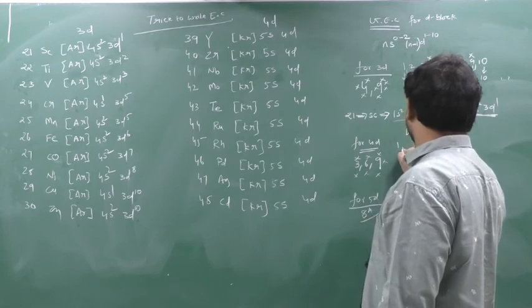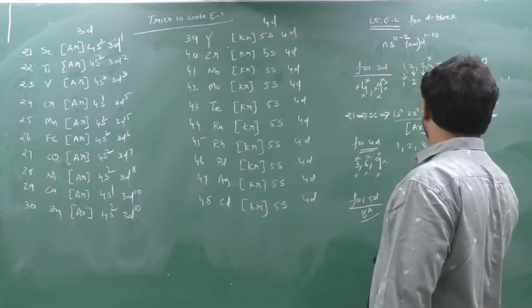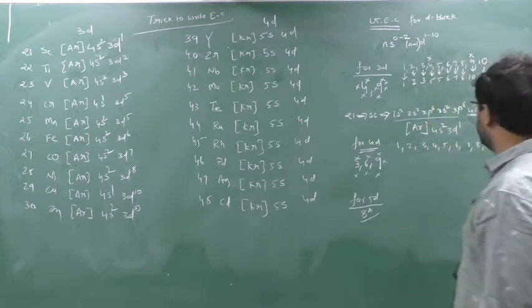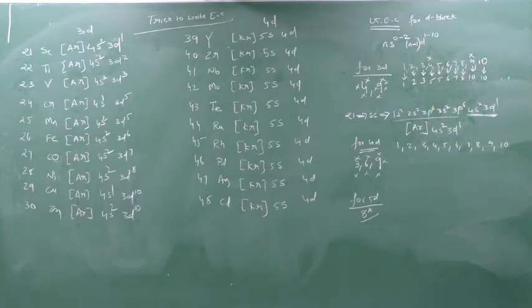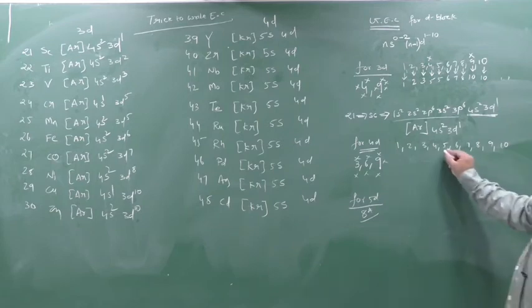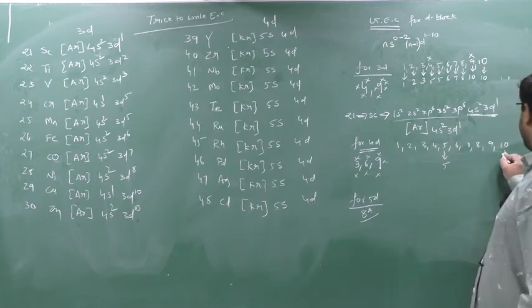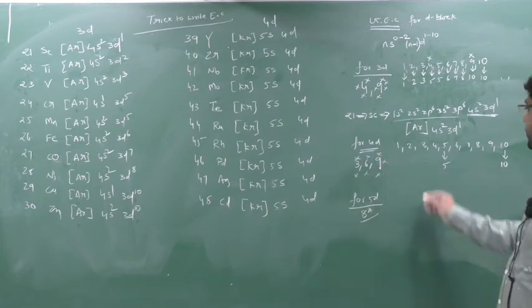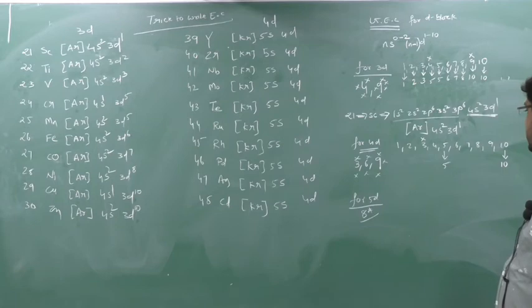So for D, write down 1, 2, 3, 4, 5, 6, 7, 8, 9, 10. Written this much. Now see here. For 4D, there is a bit of a twist. 5 and 10, first you write down as it is. Okay. Now for 4D what not to take? 3 don't take. 6 don't take. 9 don't take. Clear? Now what to do?